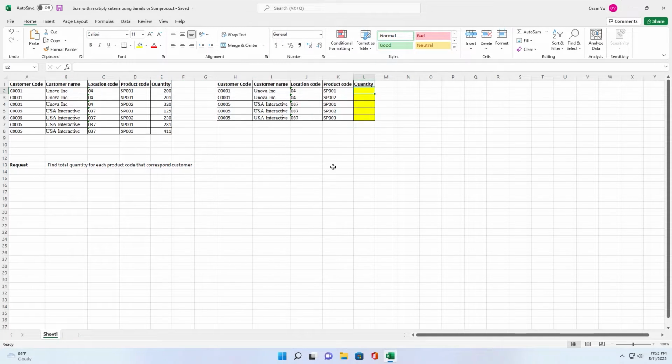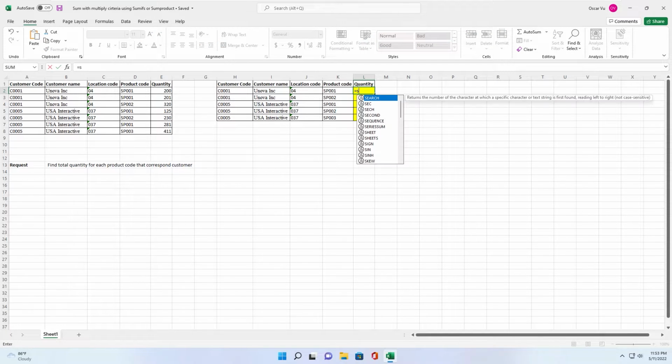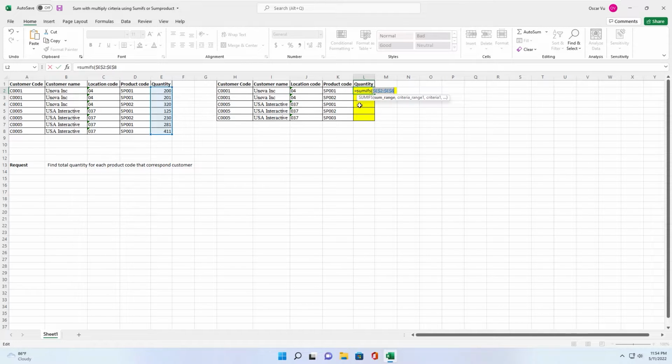First, I will use Sumifs to show it in cell L2. You type Sumifs, open parenthesis, sum range. We will sum the quantity column, so the sum range is from E2 to E5, because you will apply it to other cells by column, so you have to lock this range by pressing F4,